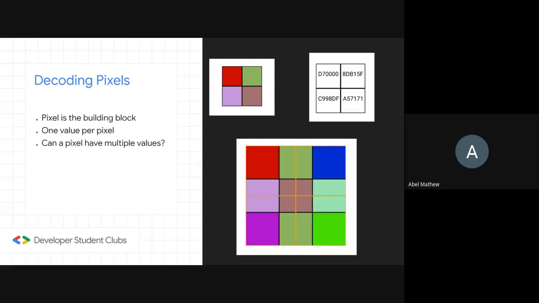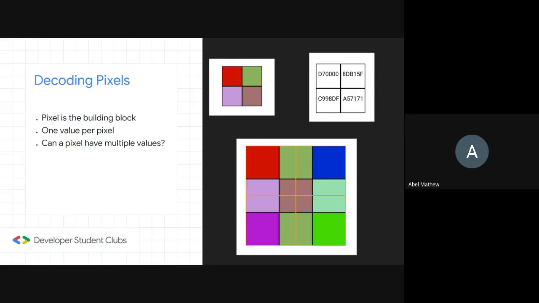To simplify things, we can see that we have D70000 as the first pixel value. You can store the hex code directly in the matrix, but since we manage different colors separately, we have an array of 3 elements, where the first element is red, the second element is green, and the third element is blue. So we will have a 2D matrix. Each element represents 1 pixel, and each element that is representing the pixel has a small array which is representing red, green, and blue.